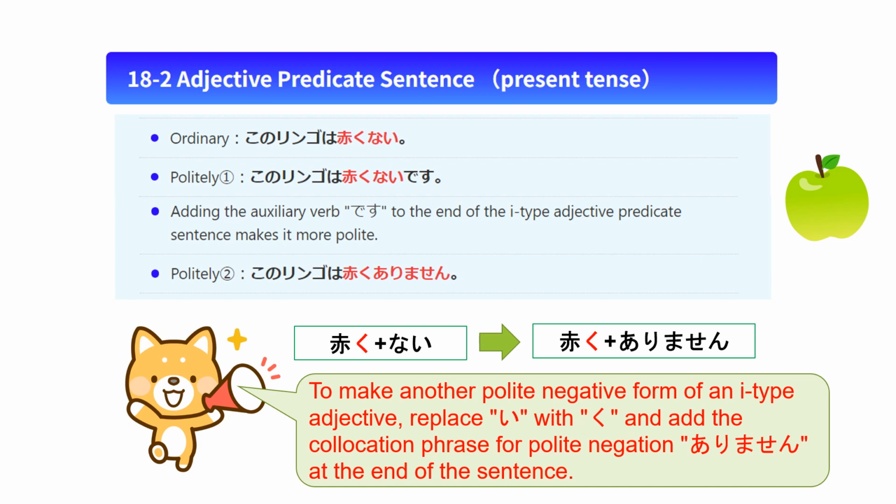To make another polite negative form of an I-type adjective, replace i with ku and add the collocation phrase for polite negation at the end of the sentence. The phrase is ありません。 Now you can say this apple is not red in other polite Japanese expressions. このリンゴは赤くありません。